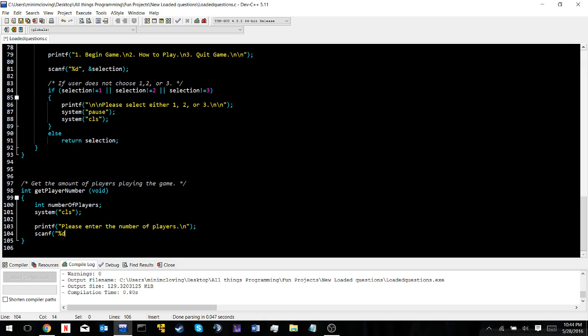Scanf %d, number of players. While number of players is not equal to